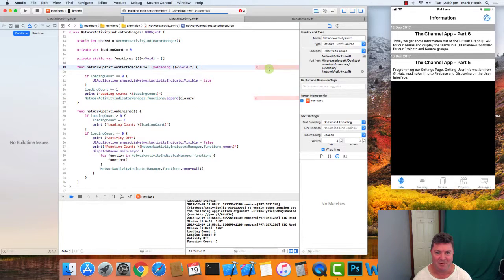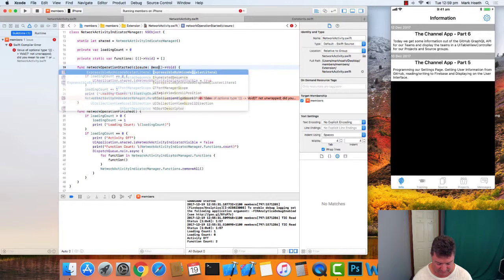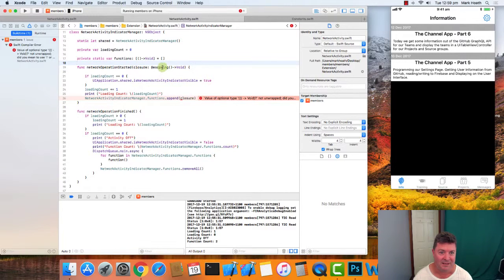Add escaping attribute only used in a function parameter. And then it says, oh, you can remove it, well, that's not going to help us because, oops, that's not what we need. So essentially, those are the errors that you would get,